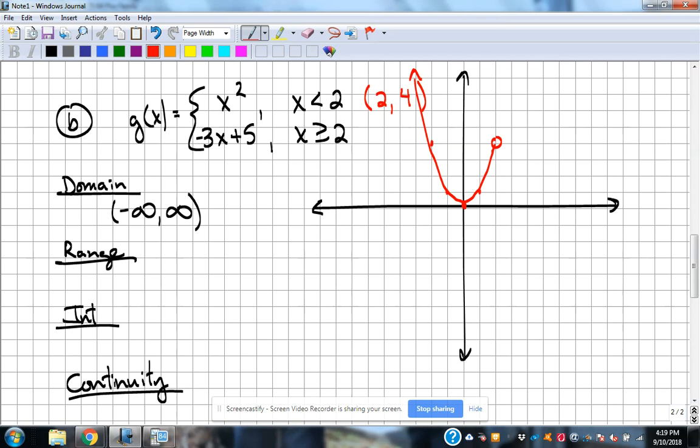The next piece starts at 2. So that tells us there's an important point at x equals 2 for that particular graph. So what do I do with this 2 here? Plug it in, and that's going to give me -3 times 2 is -6 plus 5 is